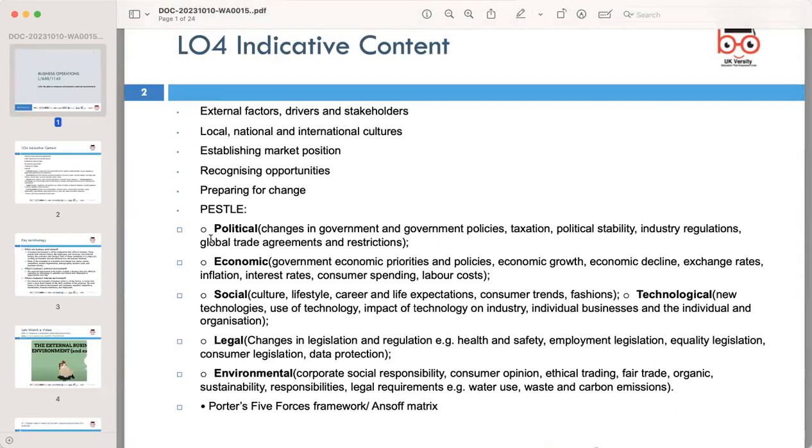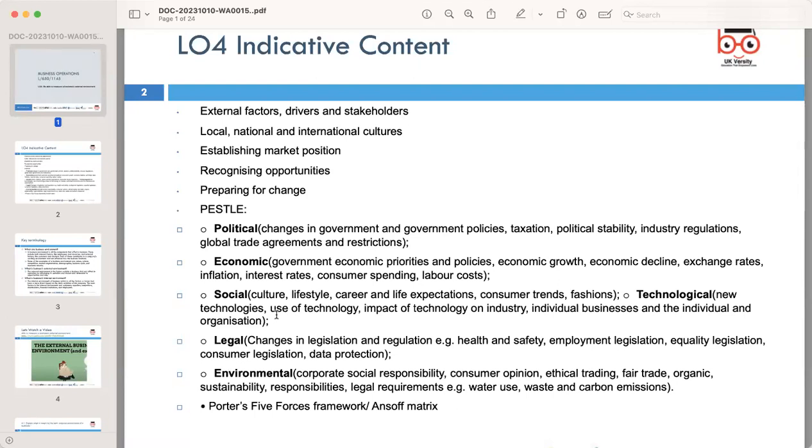The macro environment consists of factors that are beyond a company's direct control, but can significantly impact its operations and success. So what is the macro environment? Macro environments include elements that are generally beyond business control and are characteristics of the broader world. So the key elements of the macro environment or PESTLE analysis are political, economic, social, legal, and environmental. So political: